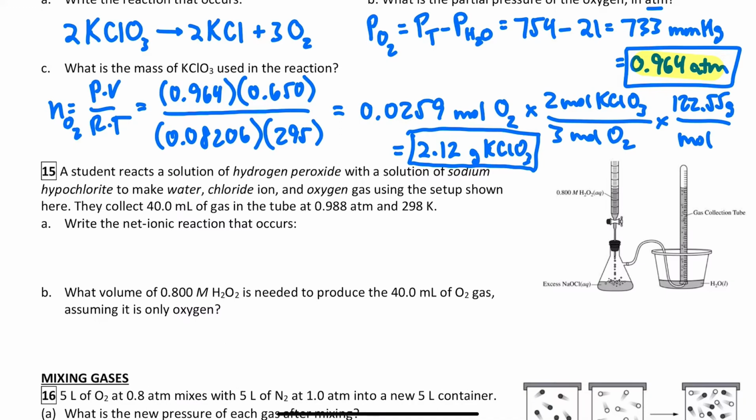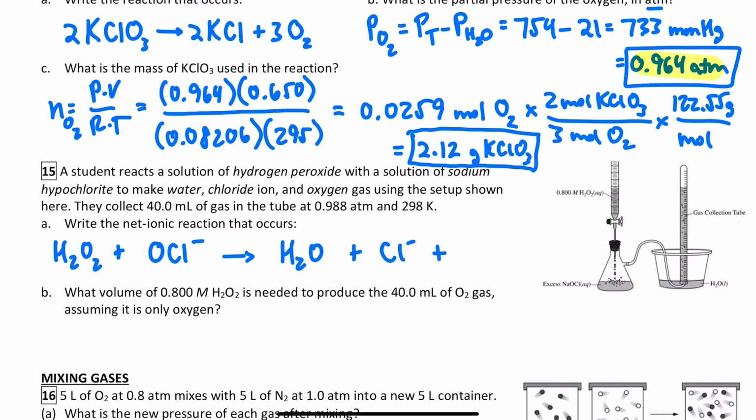So we have a solution of hydrogen peroxide. We mix it with sodium hypochlorite to make water, chloride, and oxygen. What's the reaction that occurs? Hydrogen peroxide, remember, is H2O2. Sodium hypochlorite is NaOCl, but sodium is going to be a spectator, so I'm just going to write hypochlorite ion, OCl minus. They tell me this turns into water,